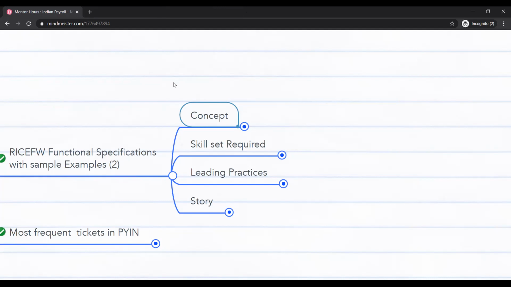Then as a functional consultant you go through that document, and you also have to prepare the specific functional specification. Are you getting my point from where it is coming?